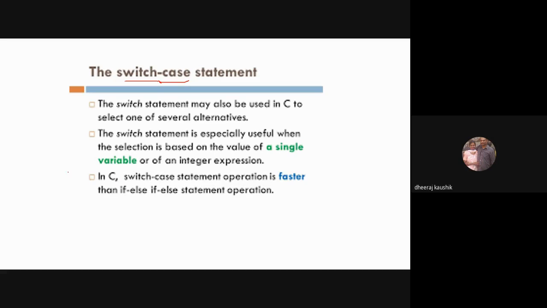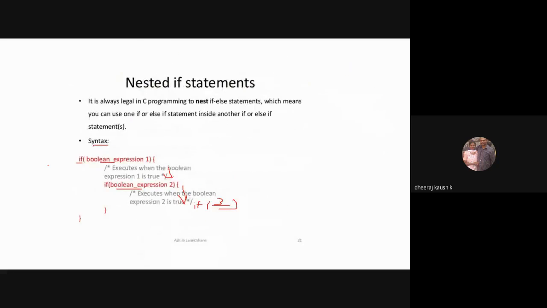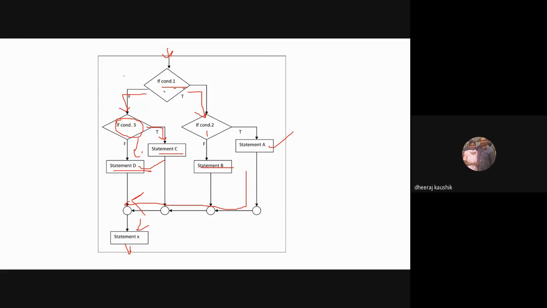This is because in an else if or if else ladder, you have to choose. I'll take it back, then you'll have a clear idea. Sorry, in a nested if statement, if you have to select one out of five options, then you have to go to the first condition, then go to the second one or the third one based on this truth value.